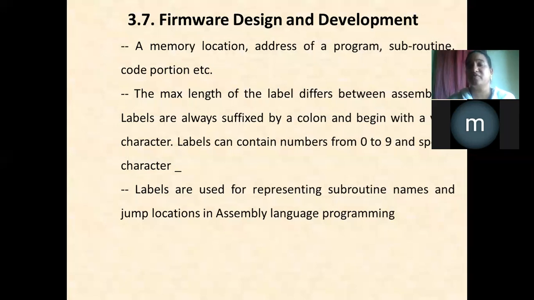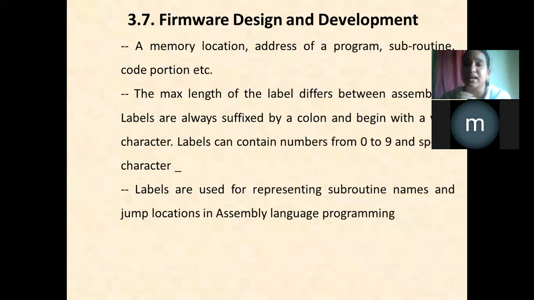Yes or no? So if we need to execute the subpart of the program more than one time in that application, instead of writing the same set of instructions again and again, you should write it as a subroutine or as a function, and you can call it whenever you require to execute that. So after writing that subroutine as a function, you will indicate one address. That address can be represented by using this label.